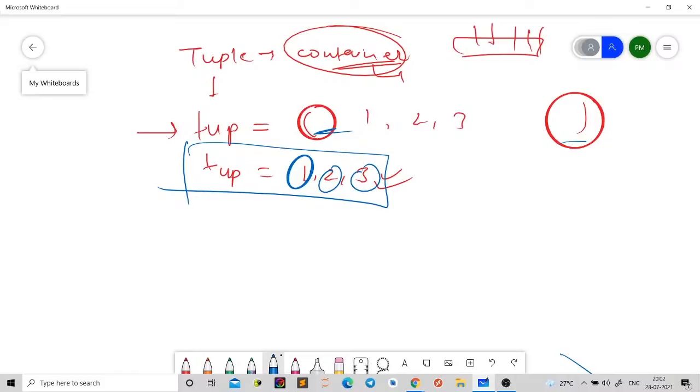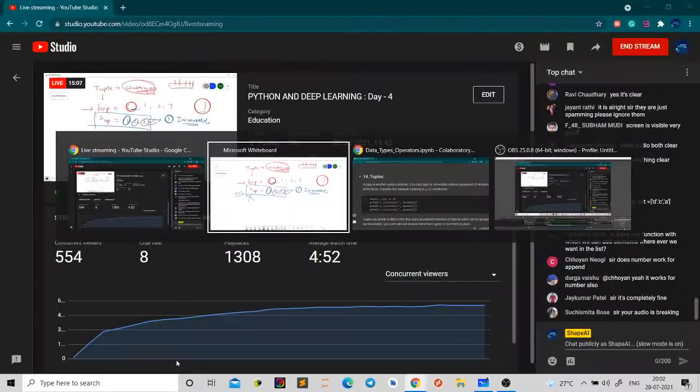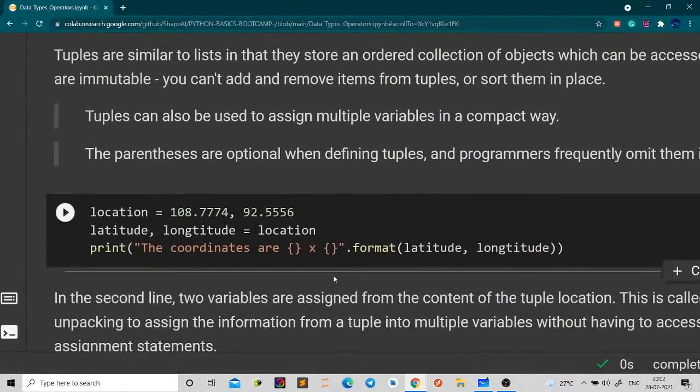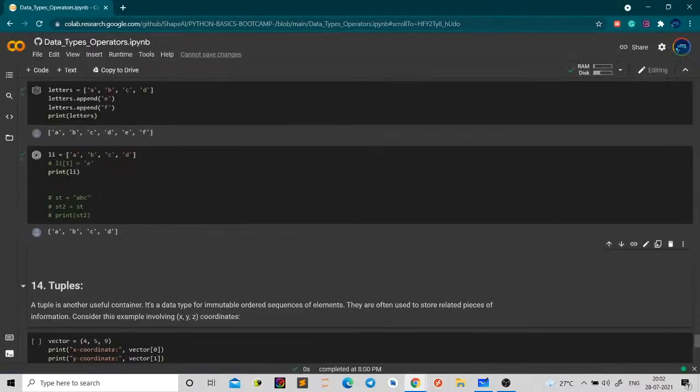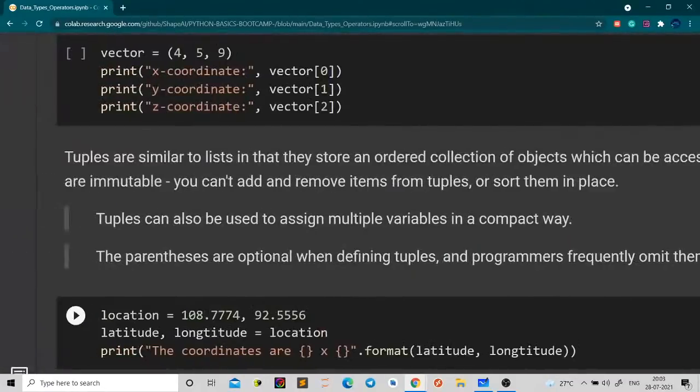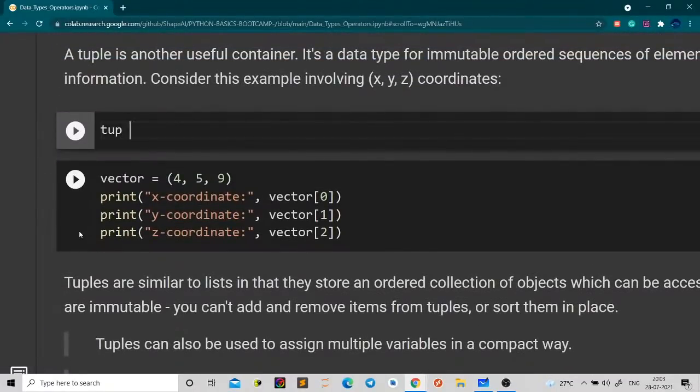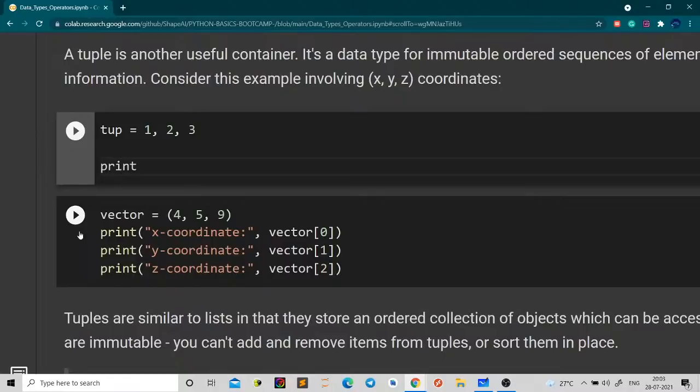Now coming to the properties of tuple. First property is tuple is immutable. It means once I have created a tuple, I cannot make changes in it. So let me go to the notebook. Let me first create a tuple. Let's say tup equals to 1, 2, 3. Okay, now if I try to print tup,